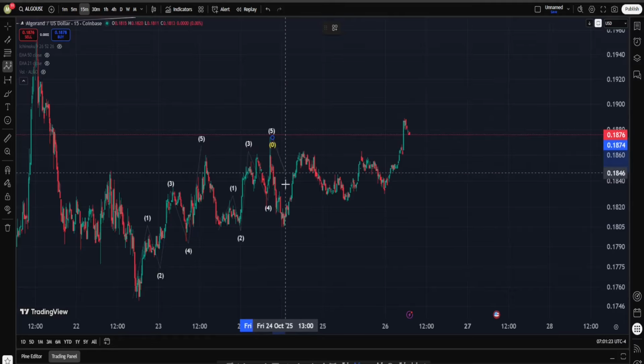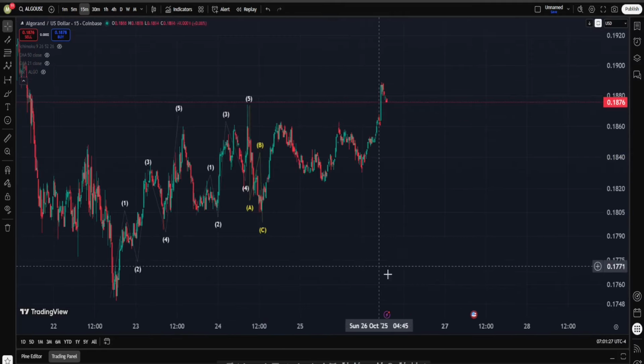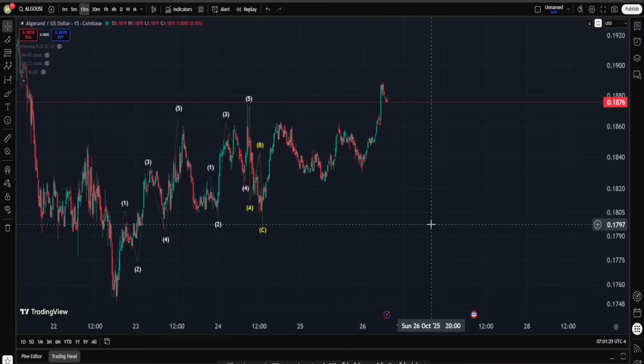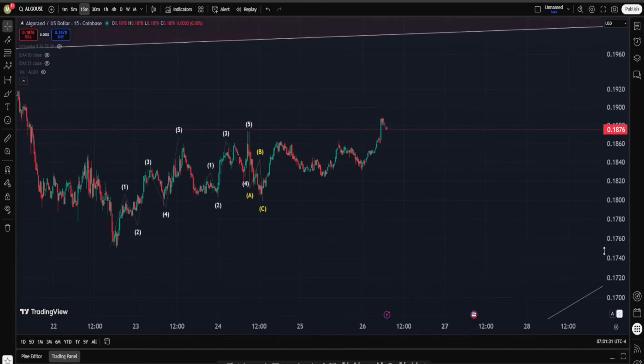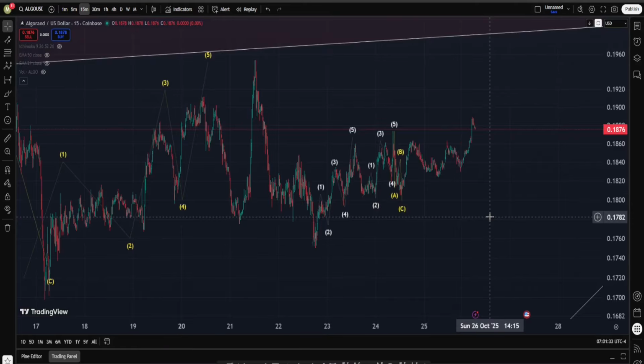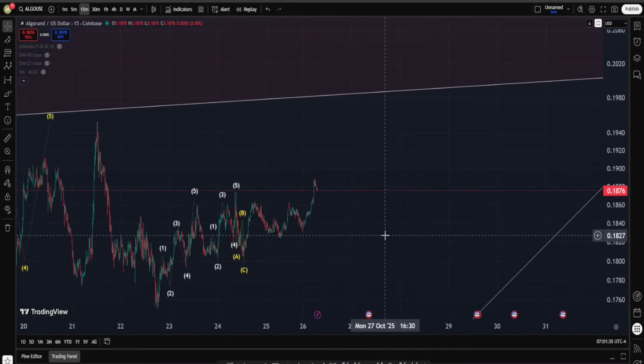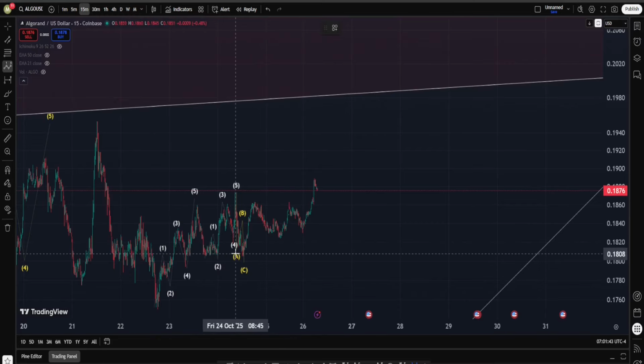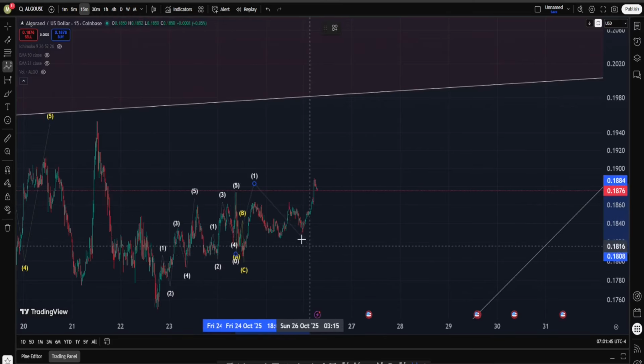I actually already counted the subwaves for it. I think this is an ABC zigzag, and this can be another 5 wave on the upside. Now, in Algorand, if you insist on being bullish, then okay, I guess you can still sort of kind of argue that we may have a series of 1, 2. You see, this can be from here, I think, 5 up into 1, probably an ABC running flat into wave